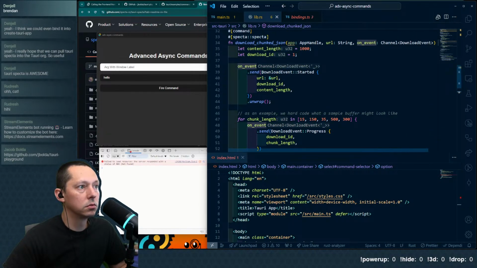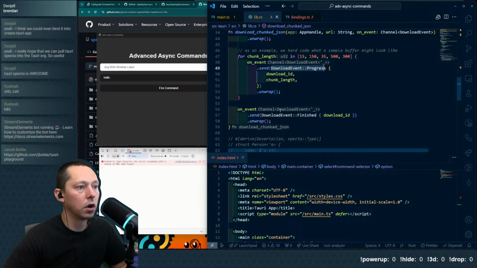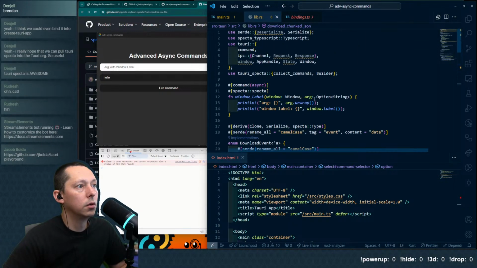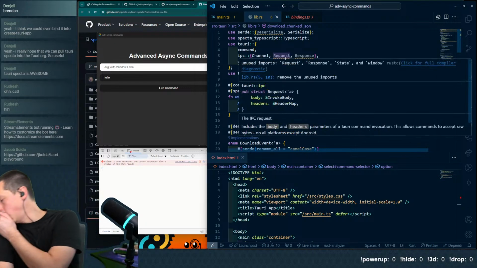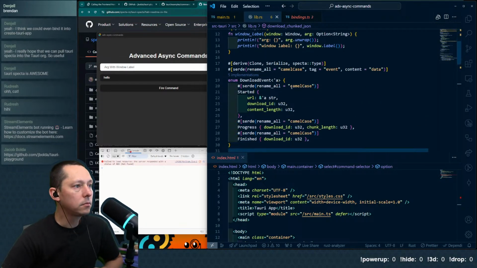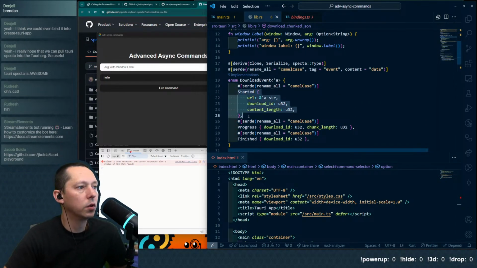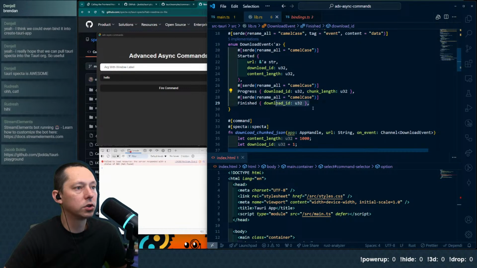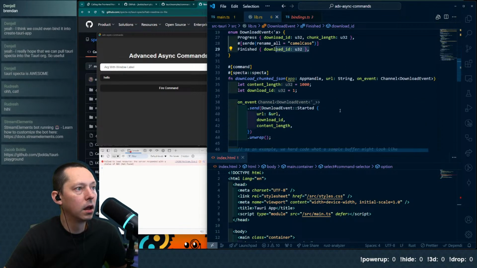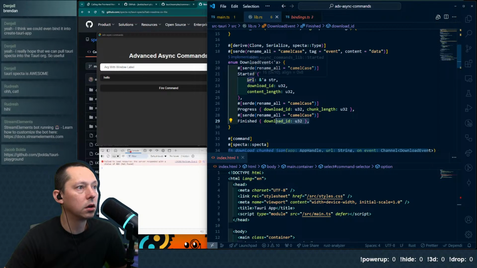There's messages here: we're sending a started, a progress, and a finished, which is part of the enum. In each one of these we get a URL, a download ID, a content length, and then another ID.